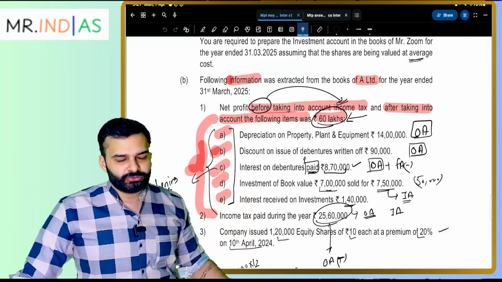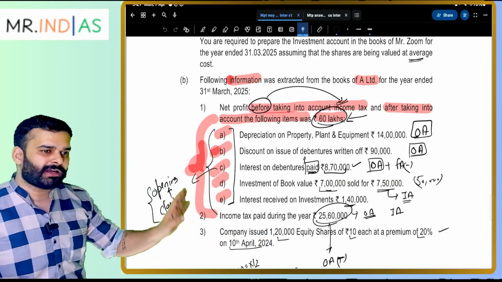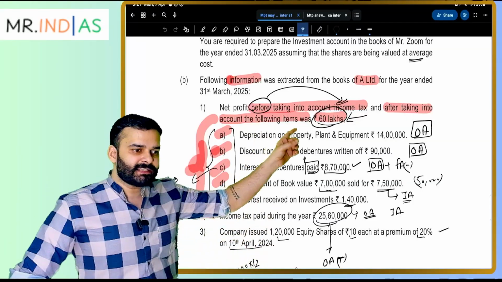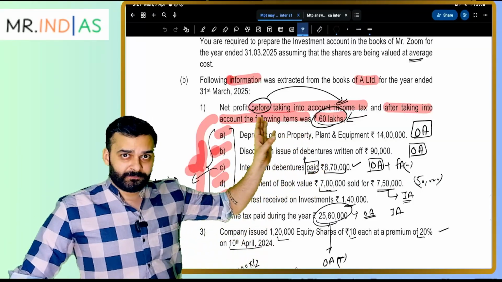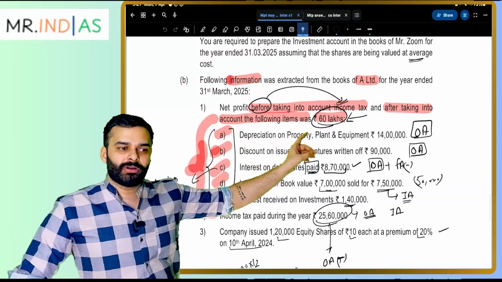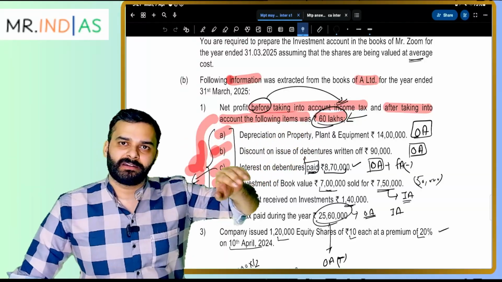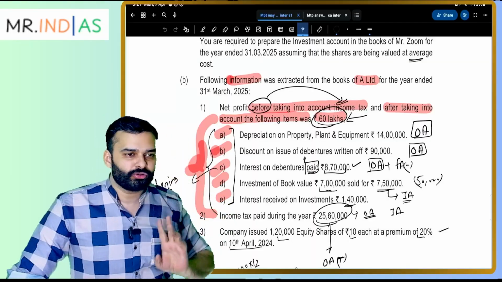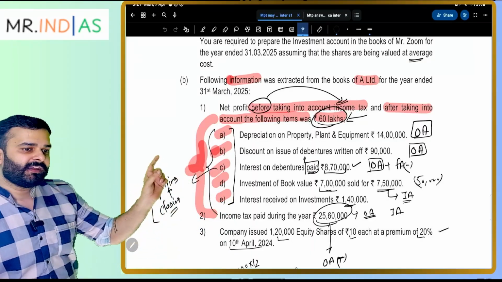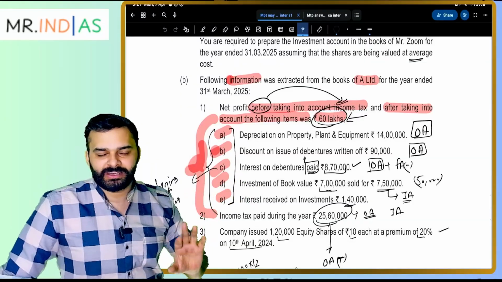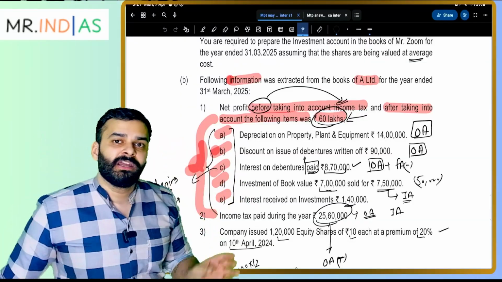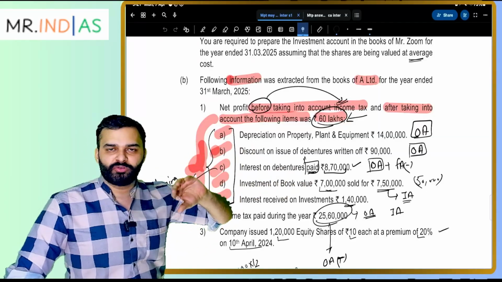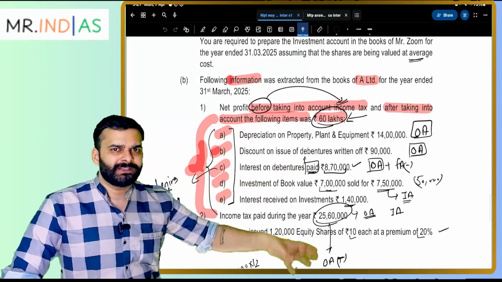It is so simple to solve cash flow on pointer base. You have to just make sure of 2 to 3 things. Number one is each and every point has a treatment. If there is a cash flow attached, you have to pick the point and treat it accordingly into the operating, investing or financing activity. Number two is the most crucial point to remember. If any point has an opening or closing balance, you have to prepare a ledger for it. The moment you prepare the ledger, you get the movement of cash in bank and you put that movement into your cash flow statement, and your cash flow will get tallied.